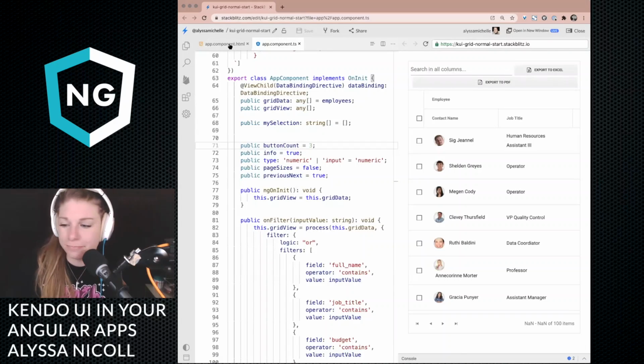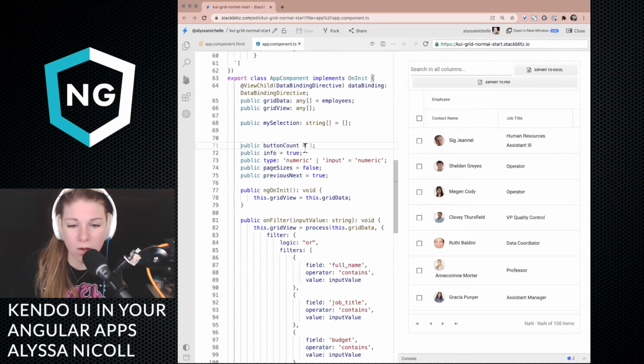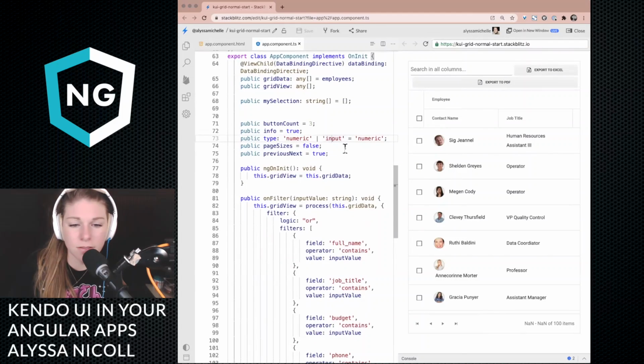Okay. Let's see. Let's try. I'm looking at my time. I could debug it, but I'm just going to highlight some of the things that you can do. So let's see, info. Let's try to turn this to, yeah, let's turn on page sizes.